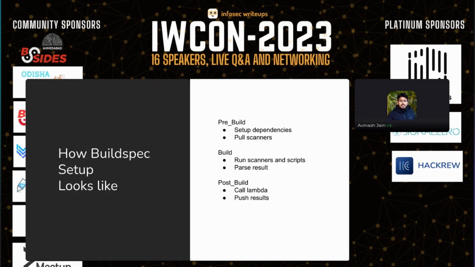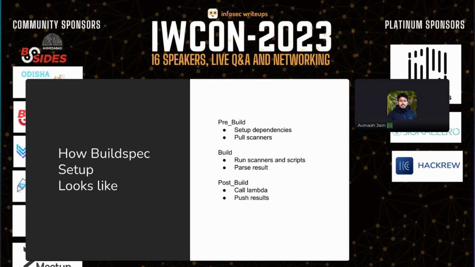So a build spec file is written in AWS CodeBuild, and it consists of three parts: pre-build, build, and post-build. Each CodeBuild project contains these three parts, which is a collection of build commands and some syntax that you want to deploy, and this is written in YAML format. This is the file where you actually define all the commands, scripts, and steps that you want to